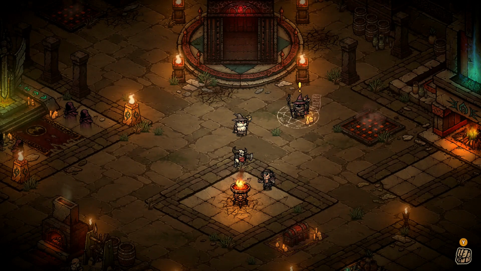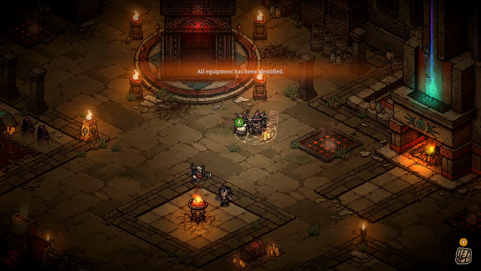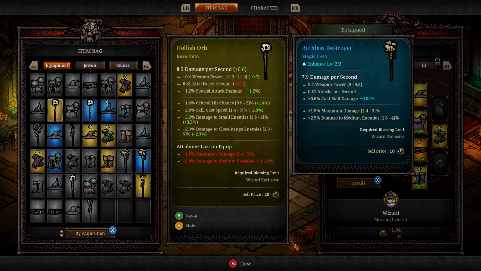So let's go back now, and we'll go talk to this guy. And he can identify things, you see. Mysterious translator. He's identified all the items. Let's have a look and see what we've got. So, what I'm looking at is this. Is it any better than the thing I've got at the moment? It compares it